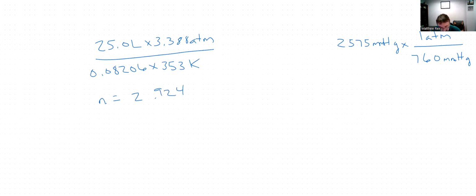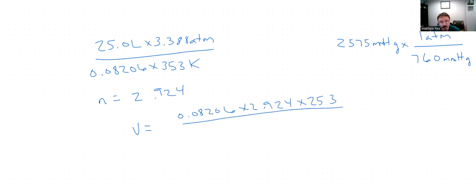And now we've changed the temperature and the pressure. Sorry, so we're trying to find volume. So now the volume is going to equal, and that should have gotten us to